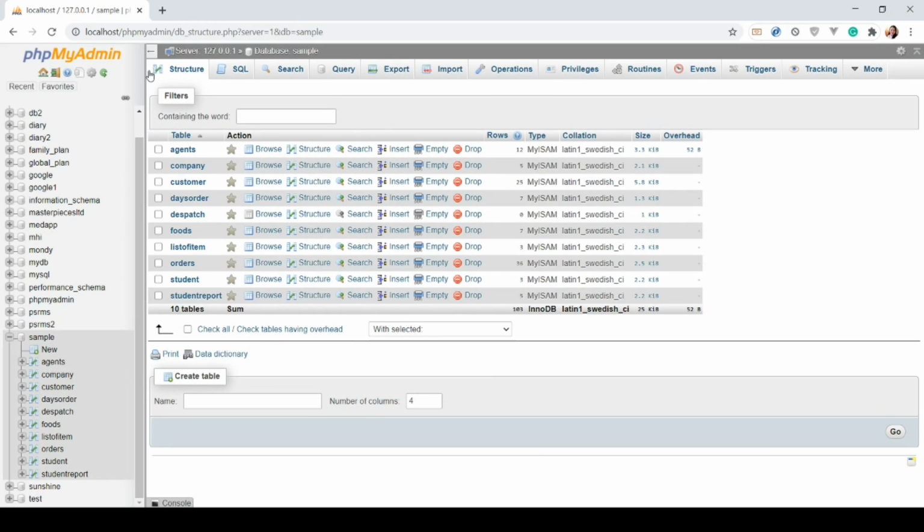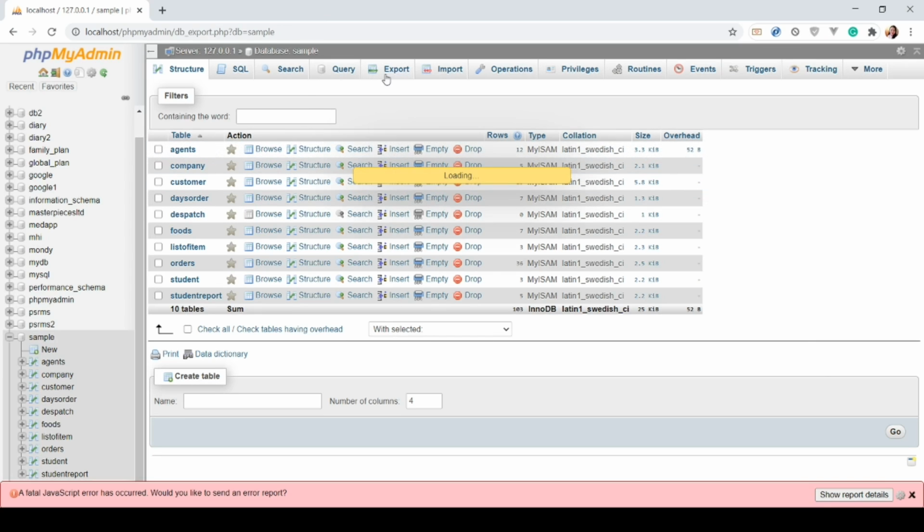And then the last thing is that if you need to back up your SQL, or you need a copy of it so you can upload it to a specific hosting site, you can export this whole entity here.